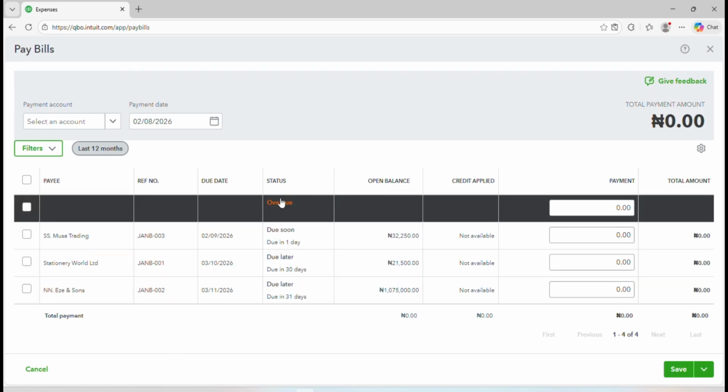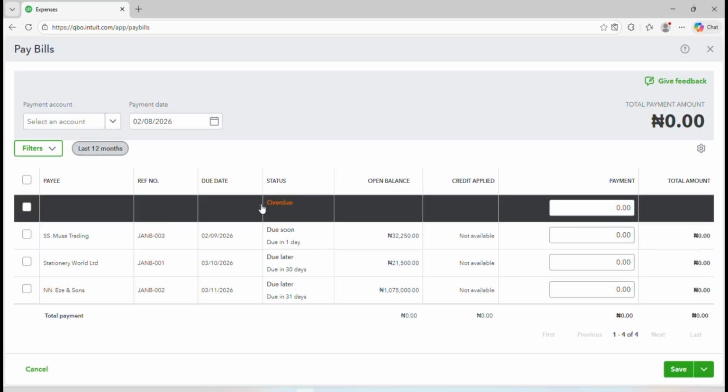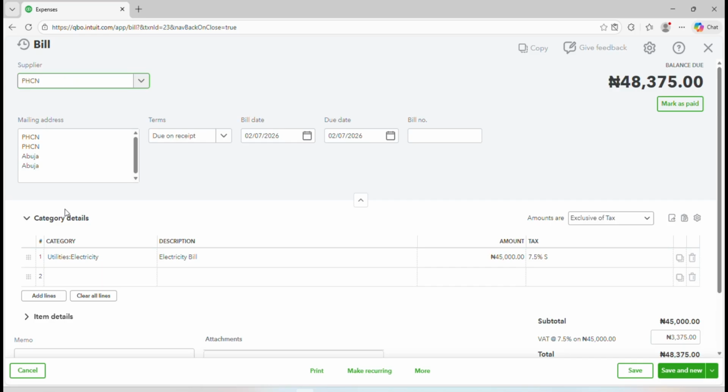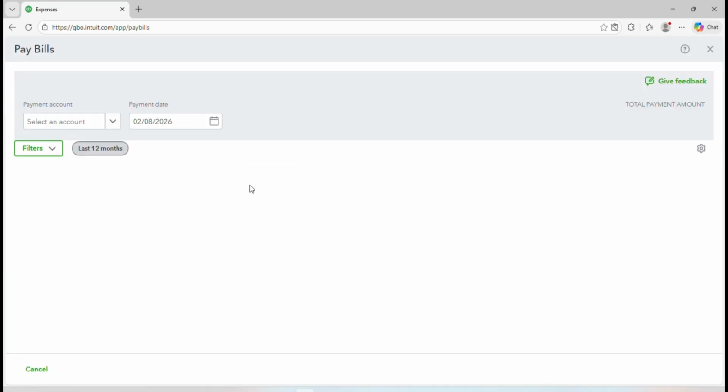Let's say I want to pay this bill. If I want to pay all of them at once, no problem, I can go ahead and pay all of them at once, or I can just click here and open the bill I want to pay. Actually, I open the particular one I want to pay. What I did now is I opened the bill itself. So if I want to pay this bill, what I will do, from where I say pay bill,